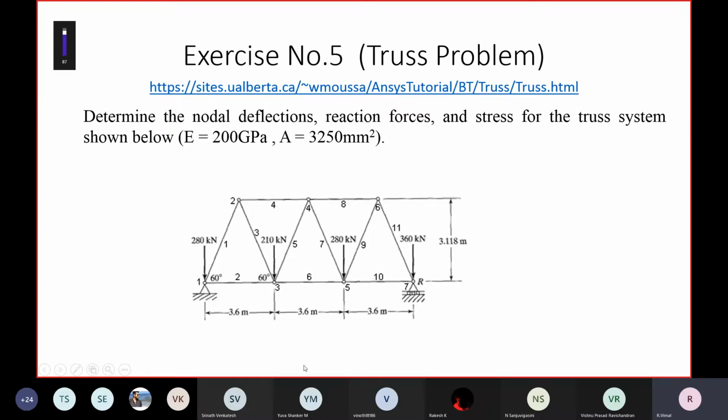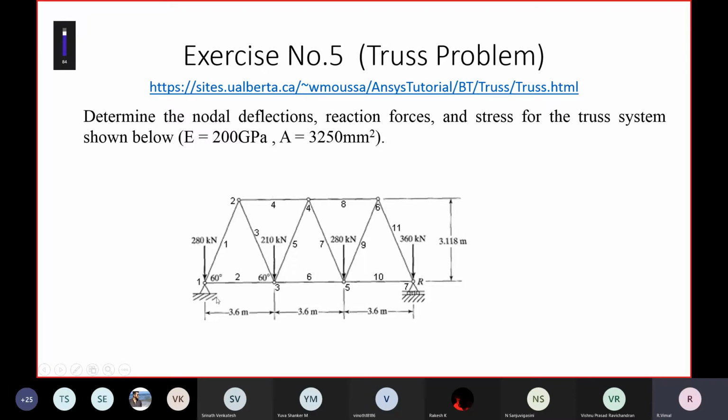You see these points 1 and 7, they are clamped to the ground. This is the area where you get the reaction forces. So we will compute the reaction forces, and we'll also see what stress is acting on the truss system. If you look at the truss system, this looks very similar to the girders of suspension bridges. Under suspension bridges you will have these kinds of structures. These structures are quite important in the engineering industry. So we will see how to solve this in ANSYS software.